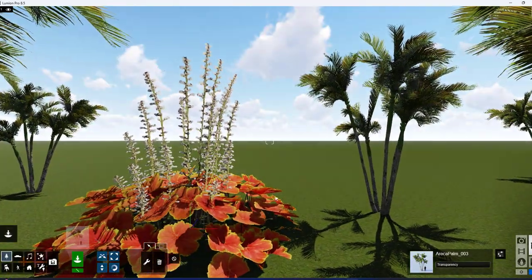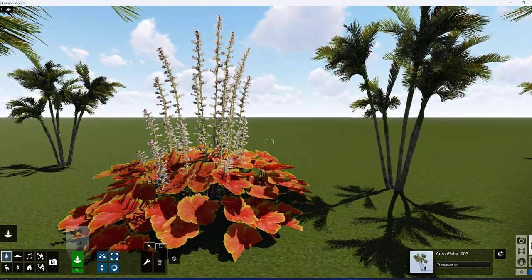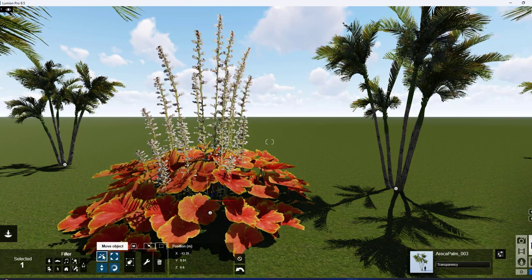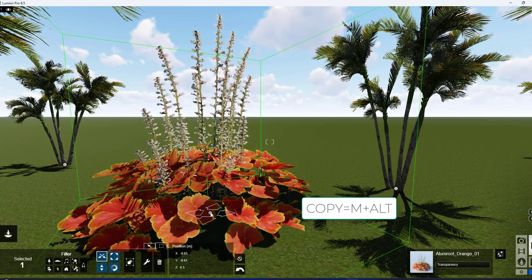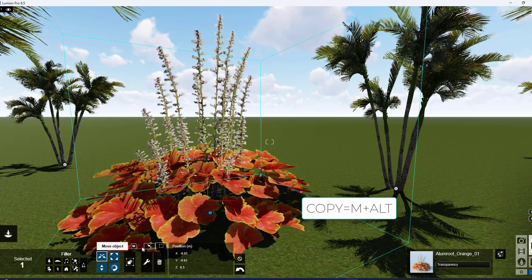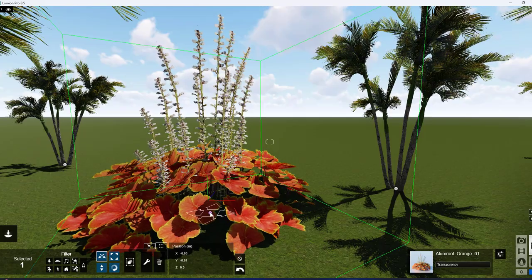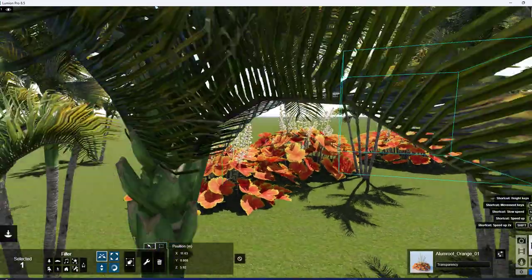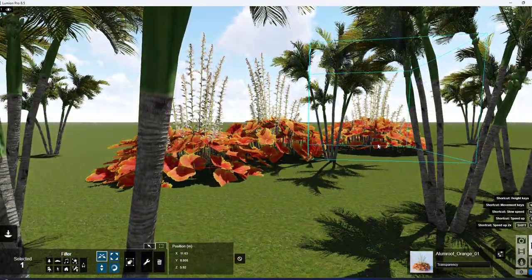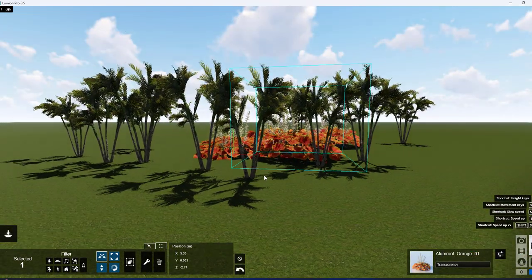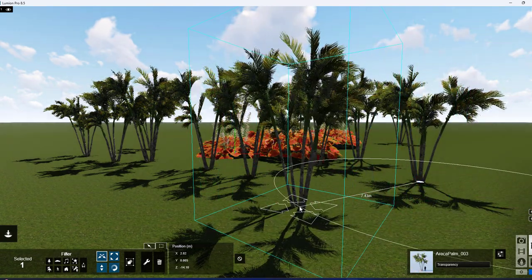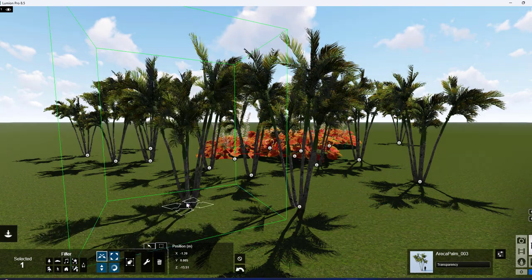Now if I want to copy this flower plant multiple times, then make sure you are in the move mode and then click on the move object. Select that particular object. Here you can see we don't have any copy command or option. By using the alt option you can copy it like this. So this is how you can get a copy of the selected object. Even you can copy the coconut tree, but before that make sure you are selecting the control point of the coconut tree and then by pressing Alt and move you can copy it.